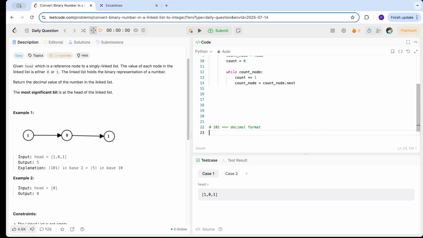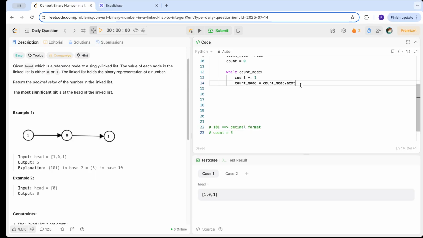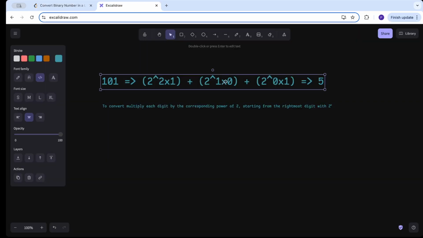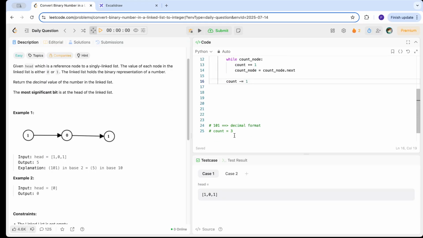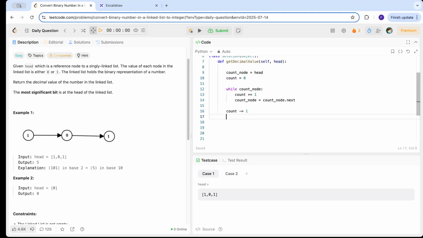Now here, in our example, count would be equal to 3, but because we start with the rightmost digit with 2 to the power of 0, we need to do count minus equal to 1 before now doing this math formula here. So now count would be equal to 2, and now we loop again, but before looping, we need to remember something: count_node is pointing to the null, so we can't use this anymore. What we do is we just use the head variable. So while head,